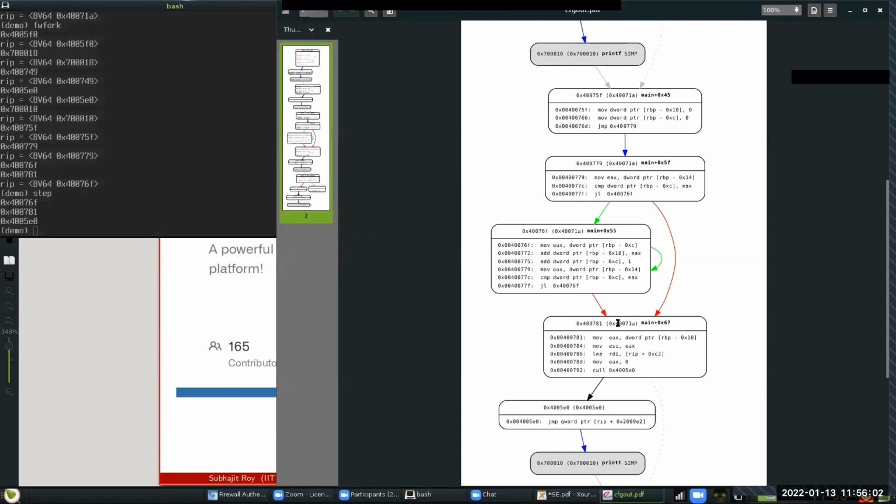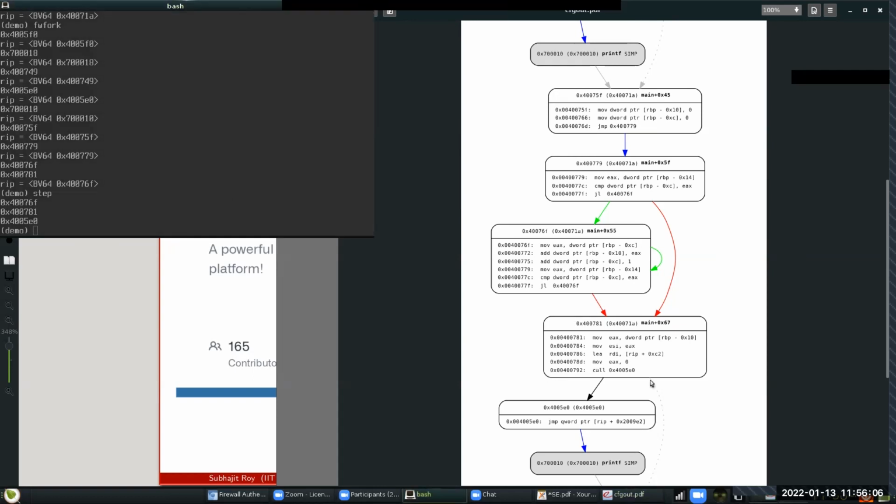Was this one, and 40005E0, which is that this guy actually moved forward. Whatever was here, it moved forward. This guy did a fork again, and one of them came back here and one of them went out. You see what happened? So there were these two pending branches,